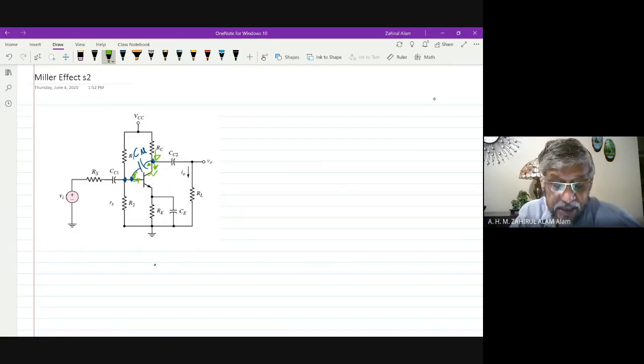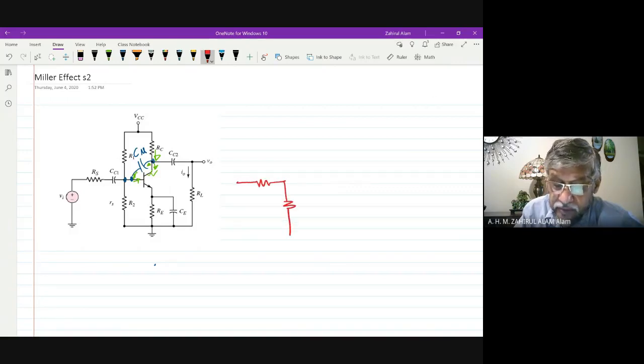But due to the presence of this input-output impedance or capacitance, we can analyze our circuit without Miller's theorem, but it is very complicated. Therefore, we need to simplify our circuit by Miller's theorem. Now, if I draw the high frequency equivalent circuit,